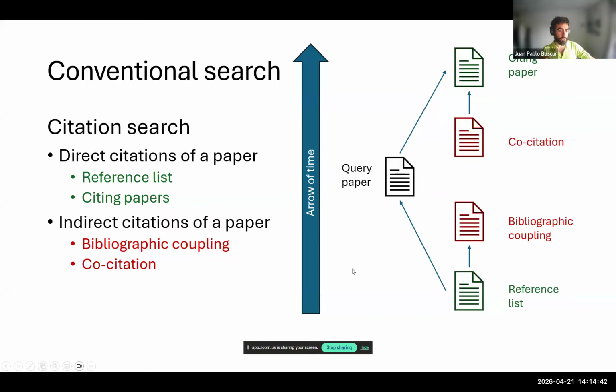And then you have indirect citations of a paper. And this is already a bit more complex to do if you just want to do it with Google Scholar, but it's very good. This usually gives you very good retrieval. And you have two types. One is bibliographic coupling, where you have the paper that is in the reference list, but this paper also cites another. So what happens is that the query paper